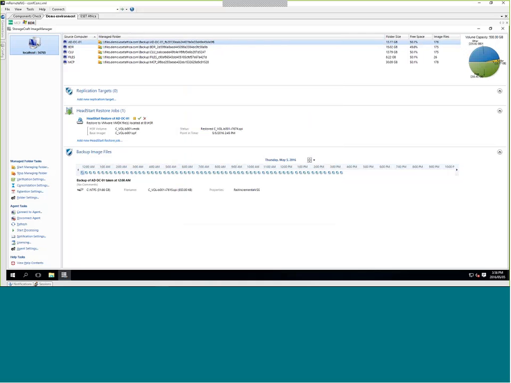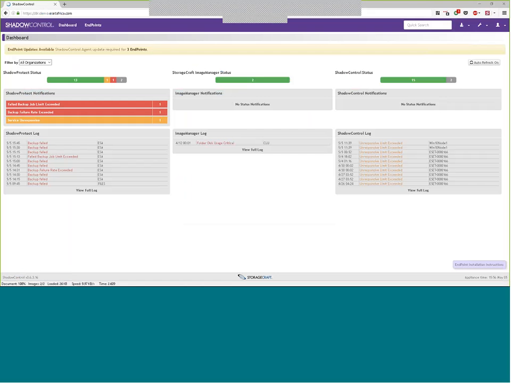Next, what I want to show you is the central management console. Let me just switch to that quickly. So this is Shadow Control. As I mentioned, it's a web-based interface. I can highlight to everyone that there are a few things that I haven't seen in here, mainly because there was an update that was released within the last day or two. So I actually deployed that before launching the webinar earlier today.